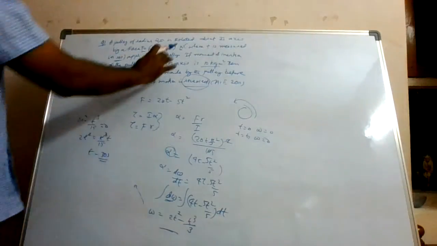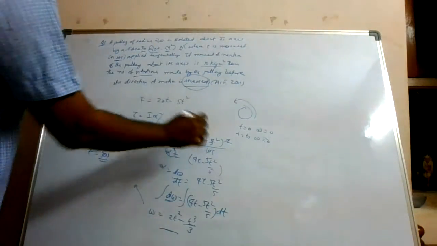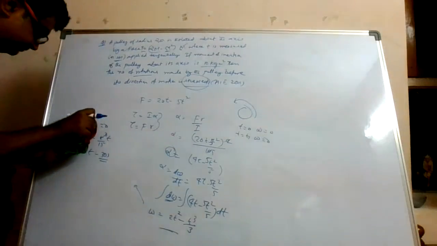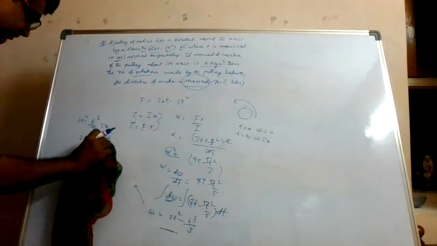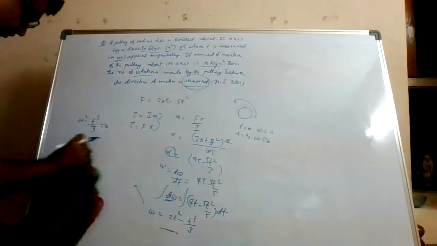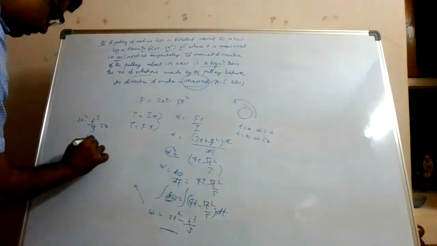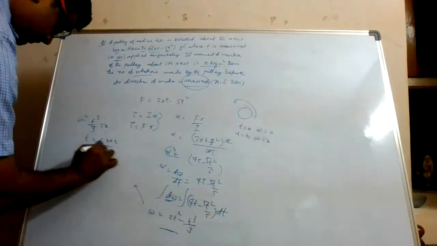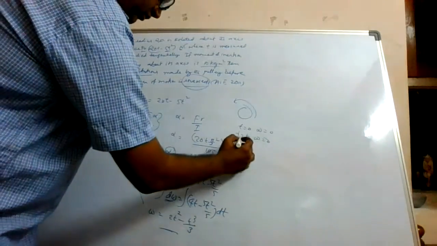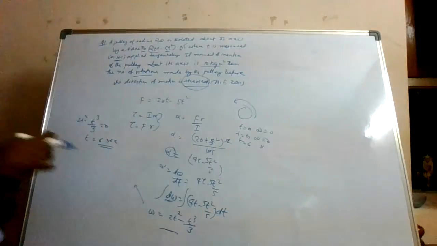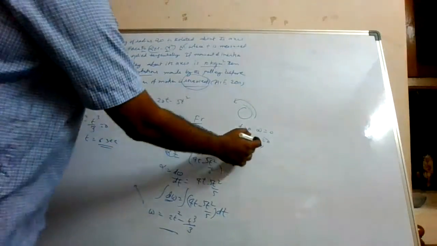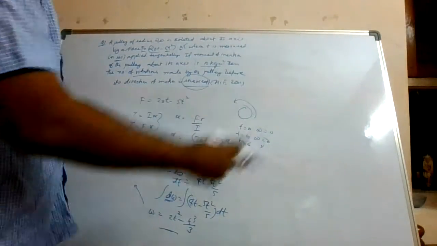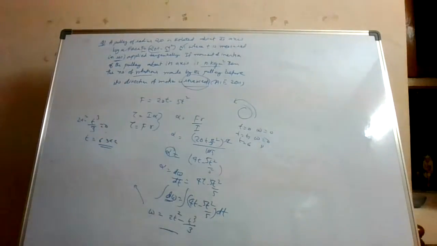Small mistake we have done. In the question 5t square is given. I have not taken that. So this will become 3. So when you solve this, you get how much? When you solve this, you get t is equal to 6 seconds. So again, after t is equal to 6 seconds, the omega value will become 0. This is our finding. So once omega becomes 0, it will start to rotate in the other direction.